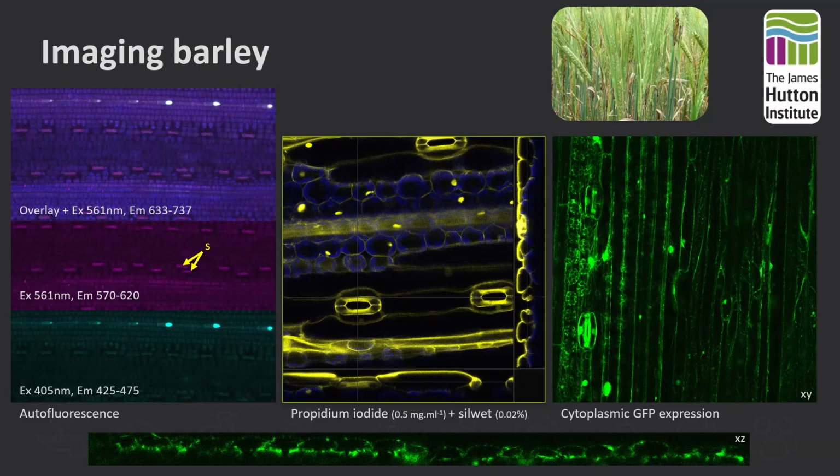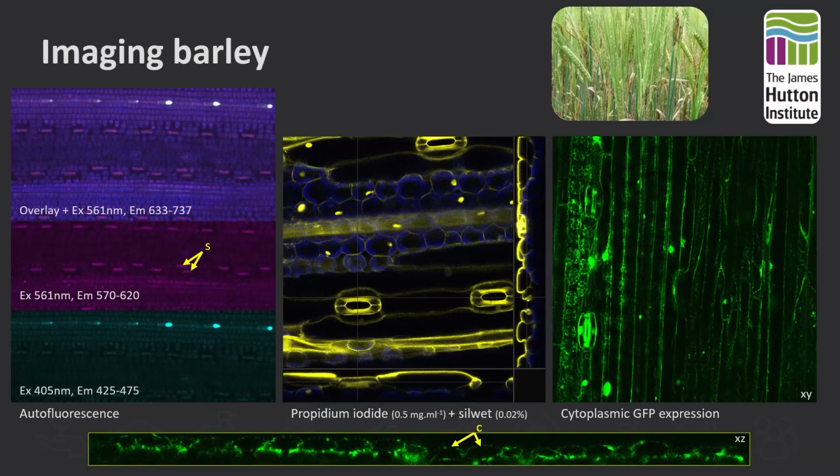Even if the tissue is stained, imaging is challenging. These epidermal cells only contain a very thin layer of cytoplasm. And as we can see in this XZ section, without depth compensation, the fluorescence signal is rapidly quenched in the underlying mesophyll cells. You will also notice that this tissue is not flat, meaning we were looking at very deep